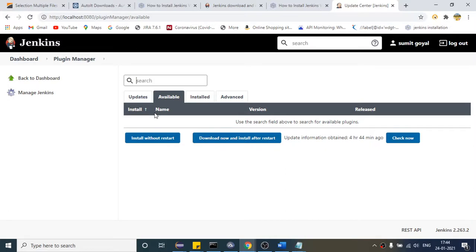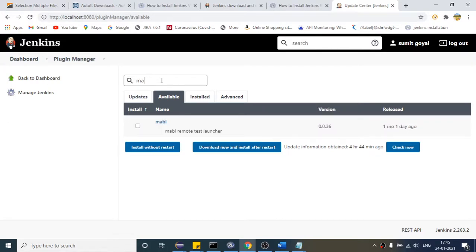Okay, so if I write, why is it not suggesting me? Okay, so some plugin came like this, right? What you have to search is Maven plugin. Once you see this, click on this. Suppose this is the Maven plugin which I want to install. You have to click on this, and it will start to download, right?